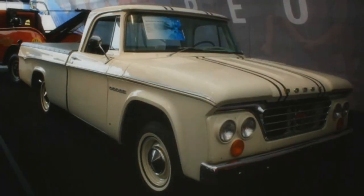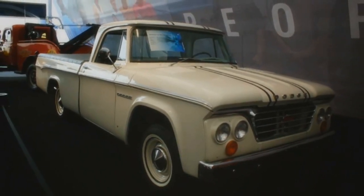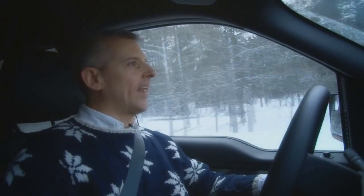The whole performance pickup truck genre is almost as old as I am. In '63, '64, Dodge introduced a D100 pickup with a 426 street wedge V8 engine in it. And everyone since then, until the Raptor, was sort of a one-trick pony. Fast in a straight line, sometimes good handling, couldn't tow anything with them, couldn't haul anything with them. The Raptor changed all that, and it gets even better with this